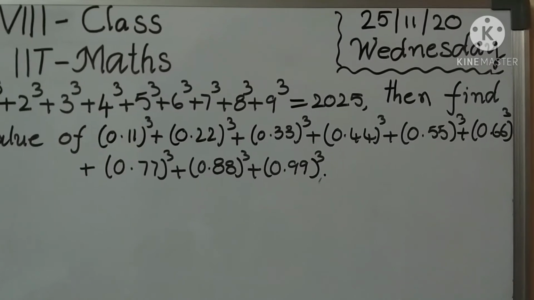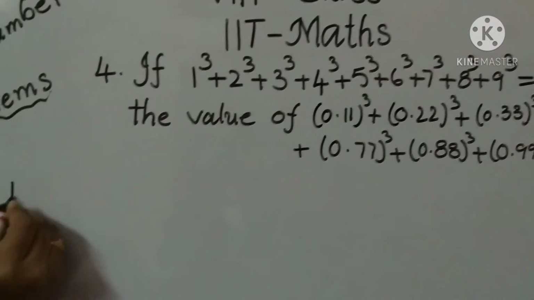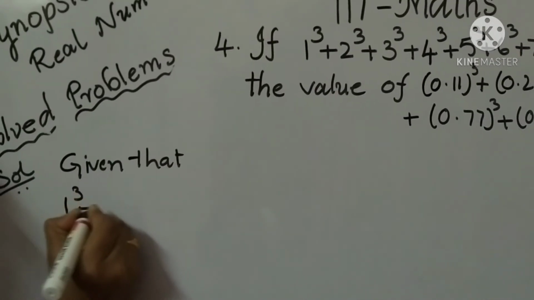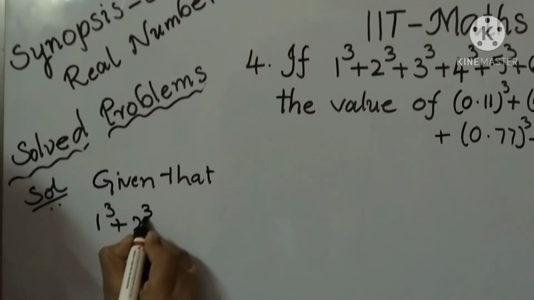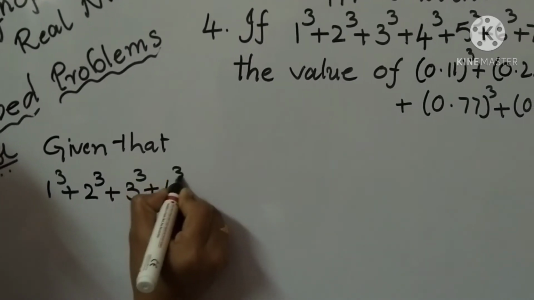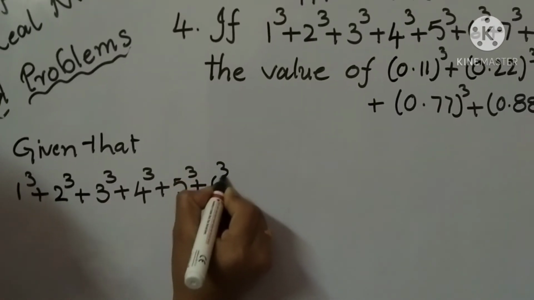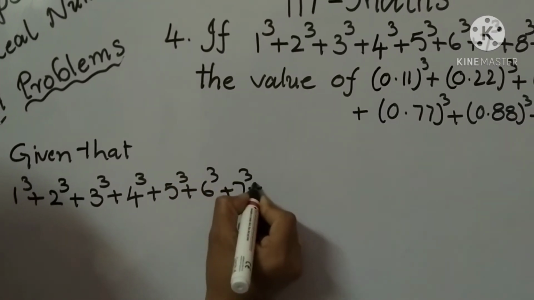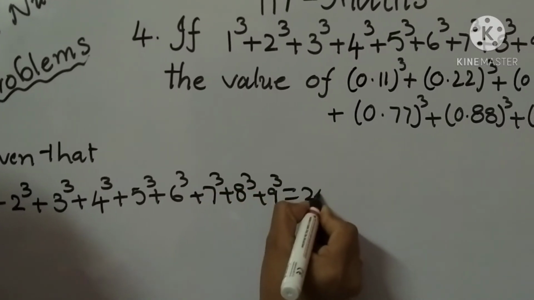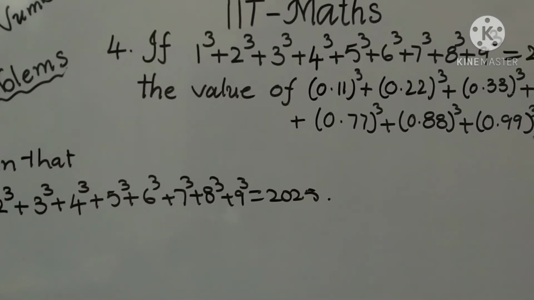Okay children, what is given? Given that 1 cube plus 2 cube plus 3 cube plus 4 cube plus 5 cube plus 6 cube plus 7 cube plus 8 cube plus 9 cube equals 2025. Okay, given that. So you find the value of